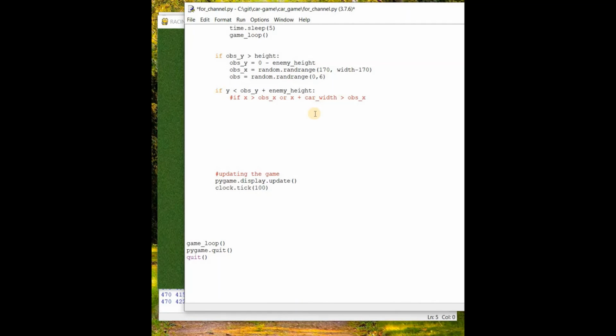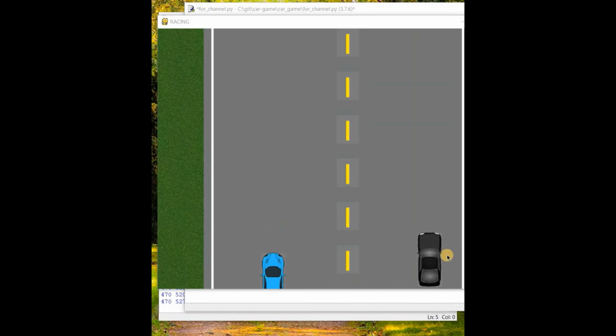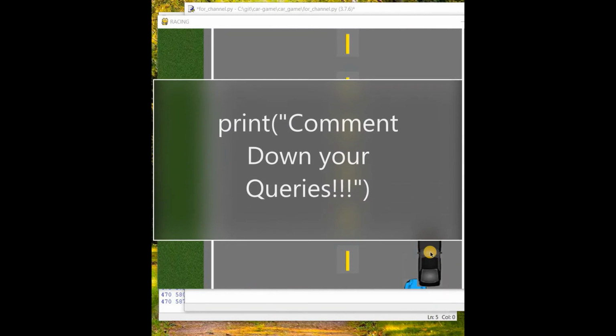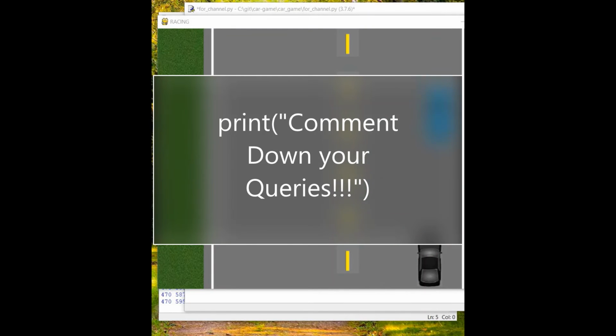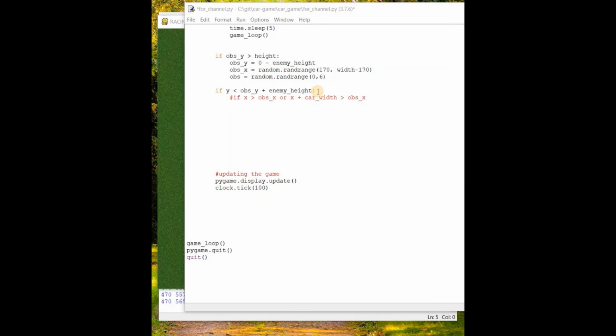I have put it in a comment because some changes have to happen. So this is the first condition: if x is greater than the enemy's x coordinate, or x plus car width. Because if you see here, the car width also plays an important role. If we have to determine the coordinates, we have to take the x coordinates as well as the width of the car, for the enemy and also for our car. So this is for the